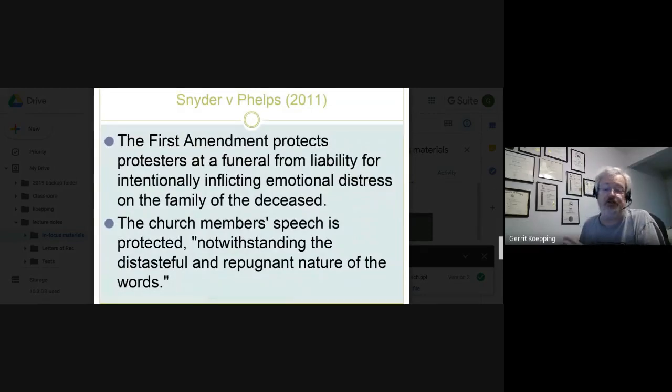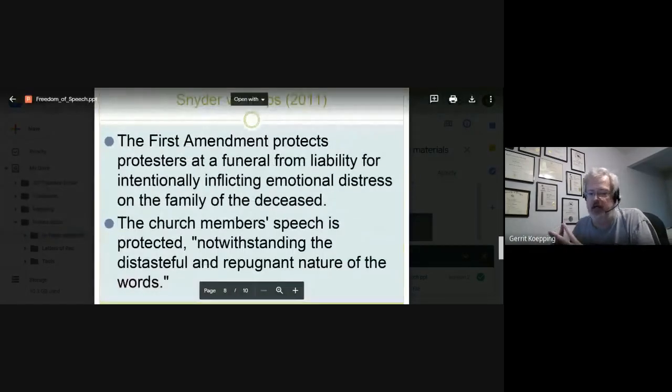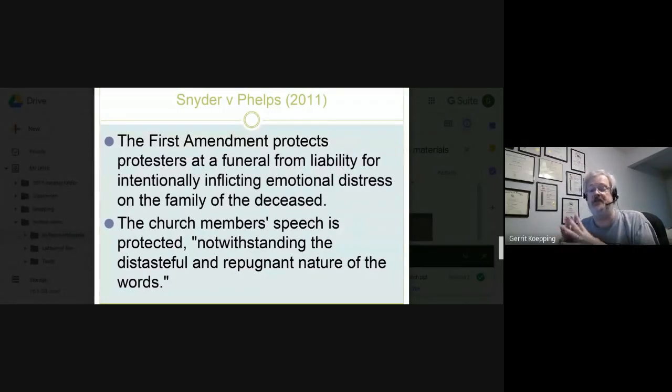A couple other cases that are interesting that you may find illuminating. One is Snyder v. Phelps. Snyder v. Phelps gives us an indication of how far and how loathsome this speech can be. In Snyder v. Phelps, you have a group called the Westboro Baptist Church, whose main purpose is to protest gay rights. And one of the ways they do that is they go to soldiers' funerals, and standing usually on public sidewalks, they hold up these signs that are really